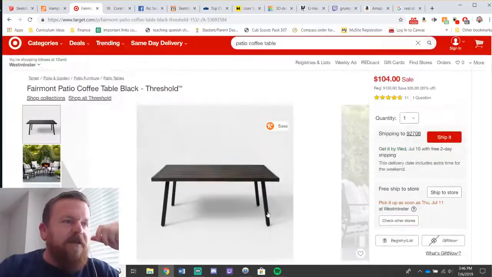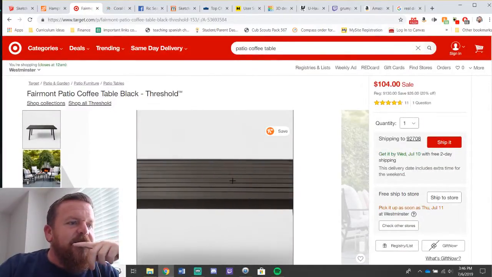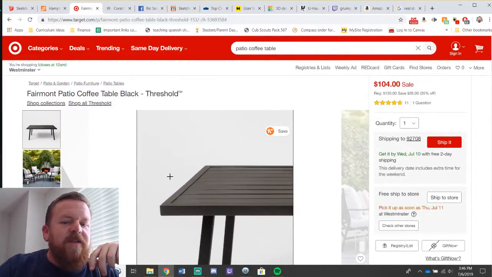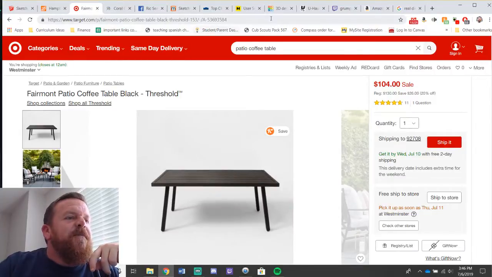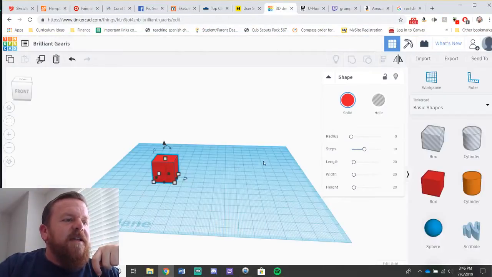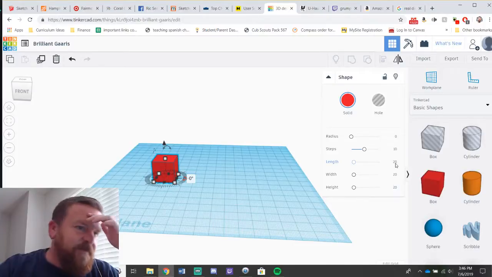Oh, of a pre-made table. Yeah, right, exactly. I would have to cut the hole in the center of the pre-made table. So I'm doing this for a couple reasons. One is because I should be able to build the table. That's number one.